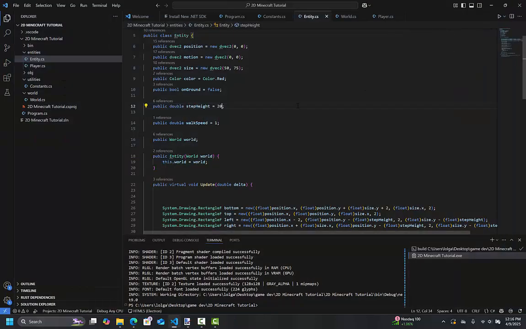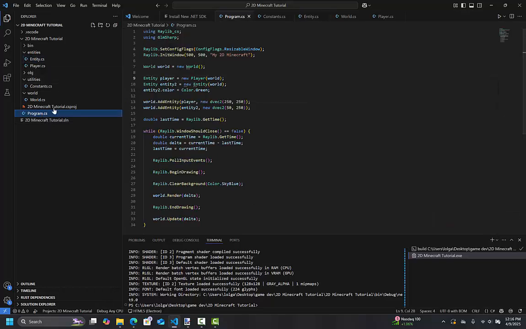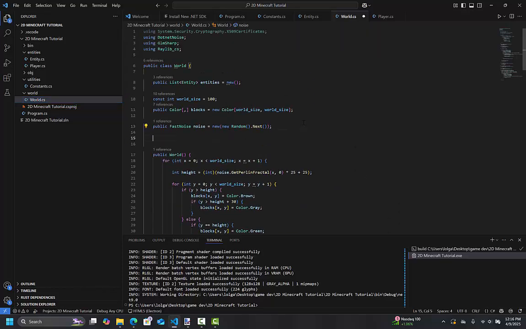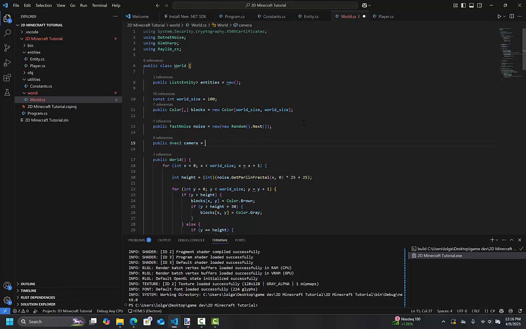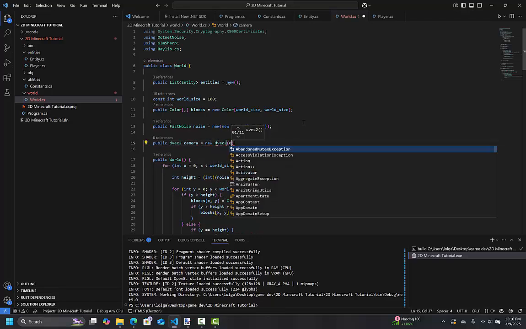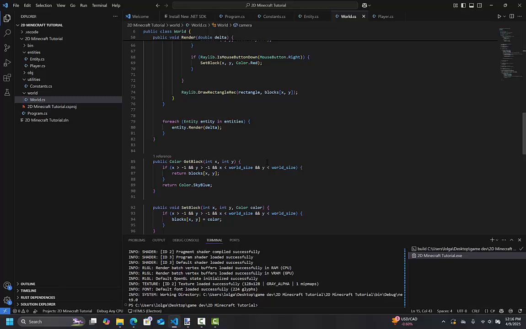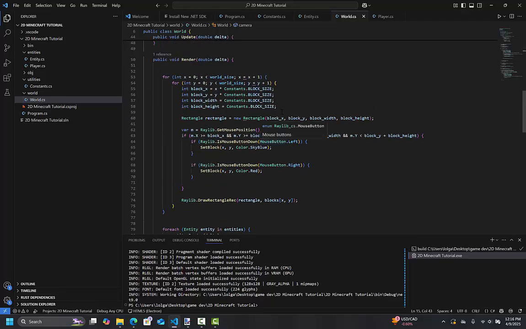All right. And now, next thing we can do, in the main program here, or actually in the world, we're going to make a public dvec2 camera equals new dvec2 0 0. This is going to be our camera. And so what we can do here is